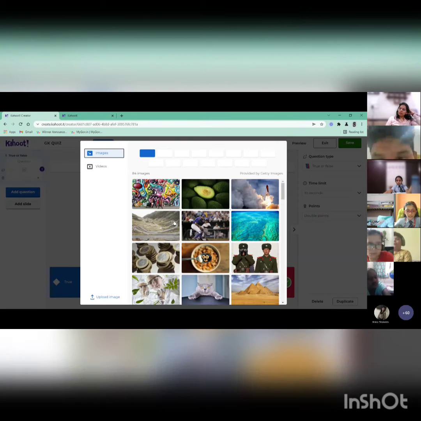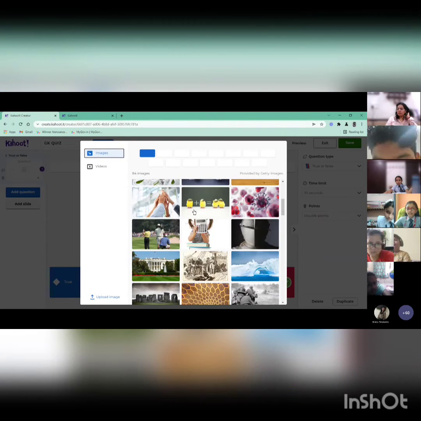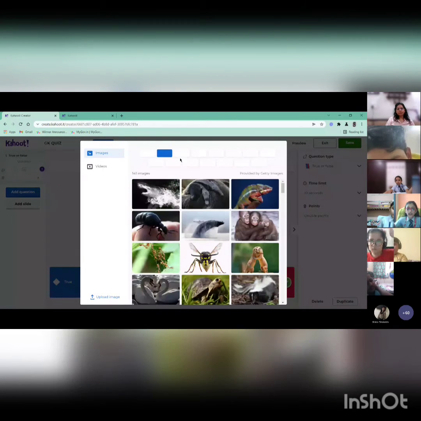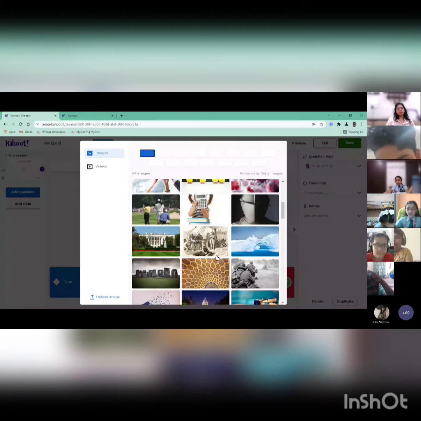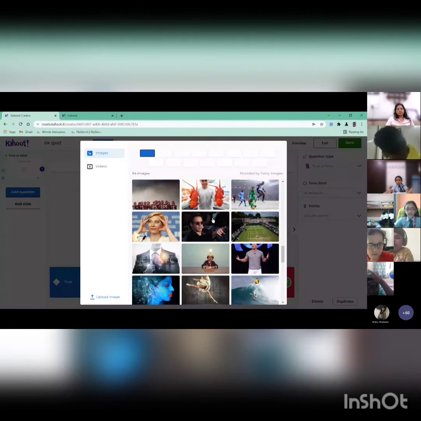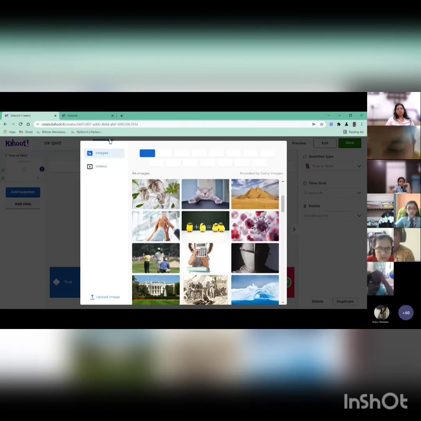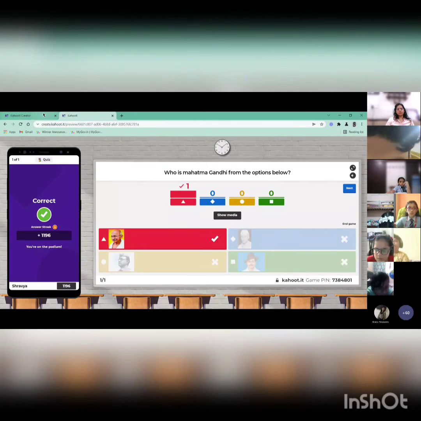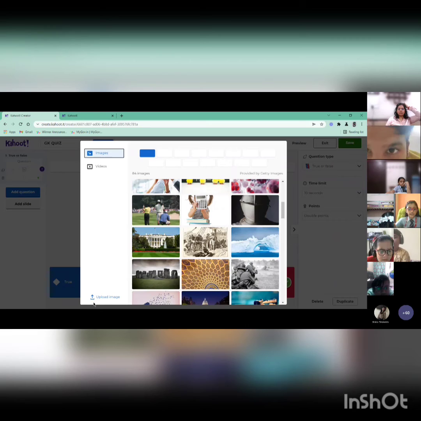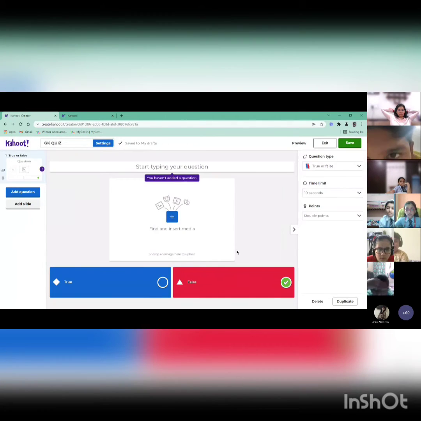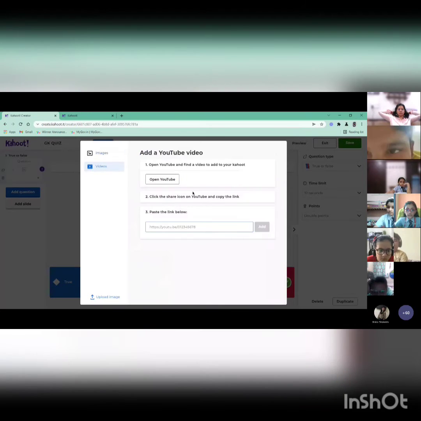So I'll click on insert. Now, ma'am, here also they provide a lot of images. If the image that you have to upload is already there, they have given it, so you can just select from here and upload it. But if the image is not there, you have to search on Google, then save it, click on upload image, and then you can choose it. So you can also add any video if you like,